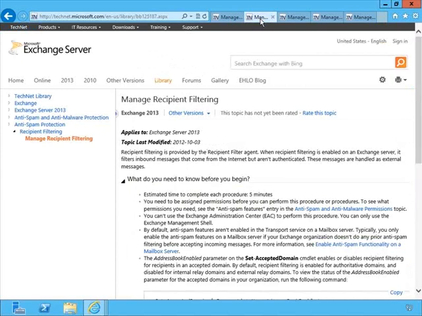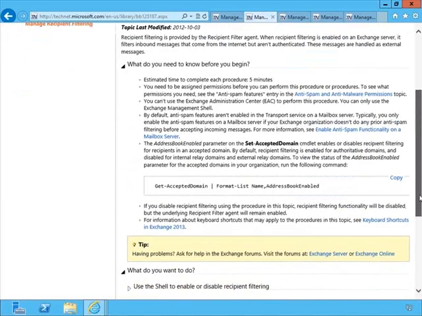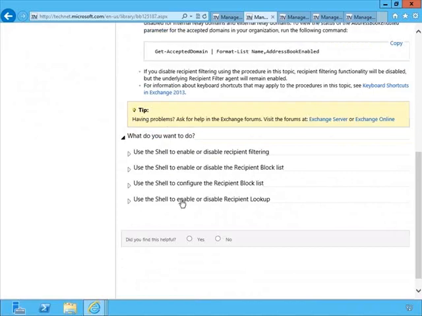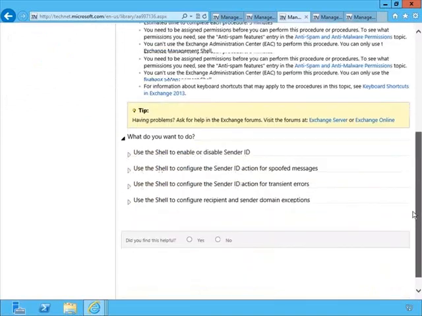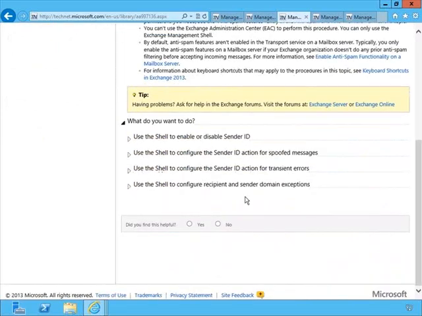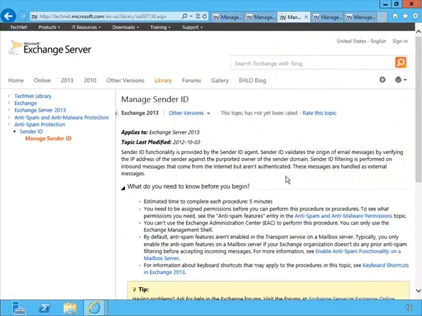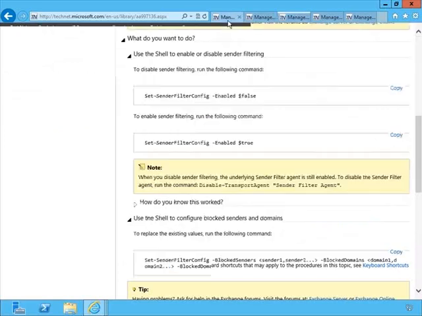I wanted to just show you that with all of the others, manage recipient filtering, again, we see how to do things through the shell. When it comes to managing sender ID through the shell, all of the different TechNet articles are here for you to learn how to enable and configure the different anti-spam settings based upon your needs. So let's focus on this one,